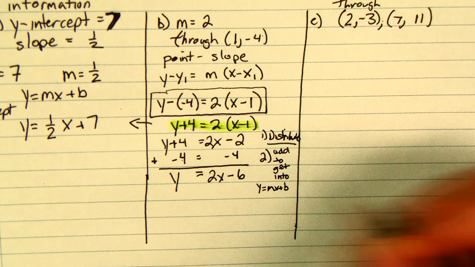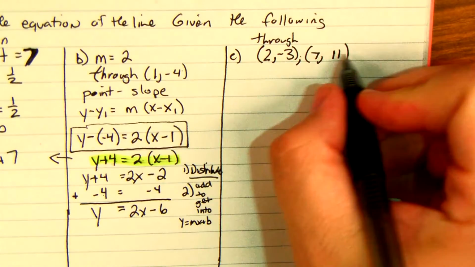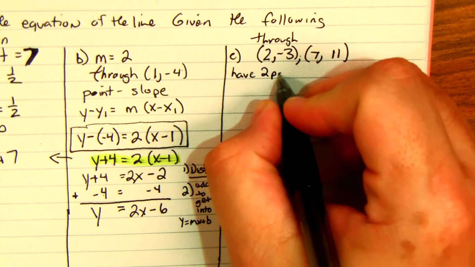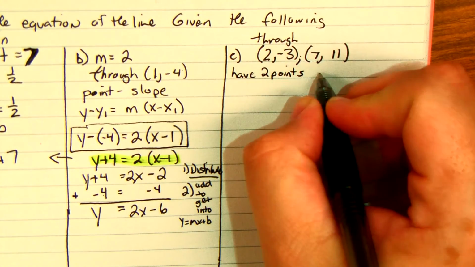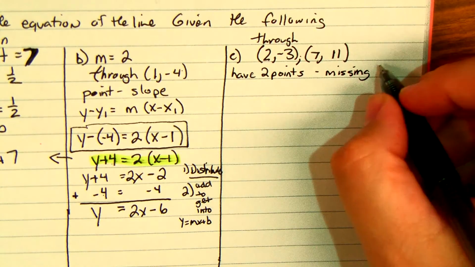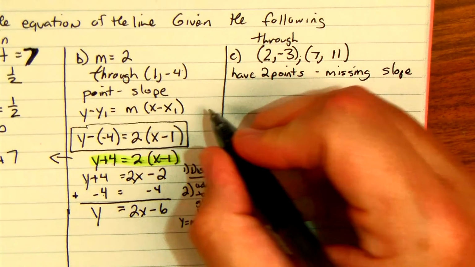All right, now, the next part, I have 2 points. So I have 2 points. What am I missing? You're missing the most important characteristic of it. You're missing a slope. So the first thing we have to do,